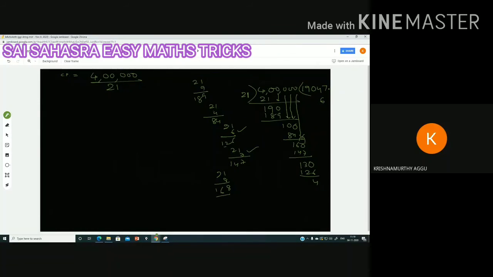4 is not divisible by 21. If you wanted to take down also, nothing is there. So consider the point. No need of putting the point one more time. You can put 0 here. This 40 is divisible by 21. 21 two times is 42, which is crossing. So that is why 21 one time is 21 only. Like this, it will continuously go. After the point, so many numbers will come.